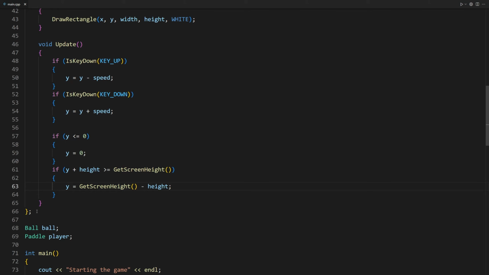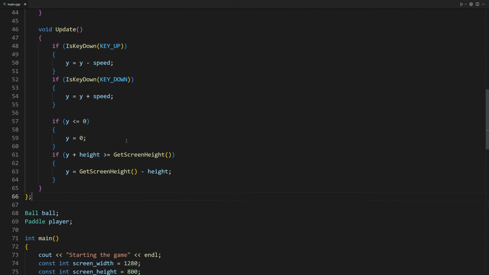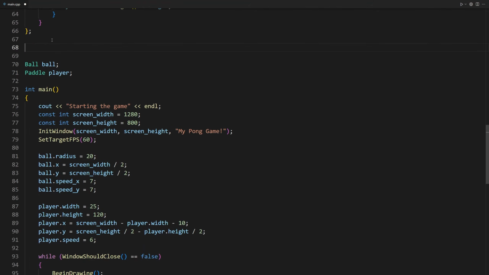The CPU-controlled paddle is a paddle which is identical to the player paddle, with a minor difference. It is controlled by the computer. So, we won't create a new class from scratch for the CPU paddle, but instead, we are going to use what in object-oriented programming is called inheritance. This way, we are going to type less code and practice our object-oriented skills. We are going to create a CPU paddle class that inherits from the paddle class, which means that the CPU paddle class has all the attributes and the methods of the paddle class.